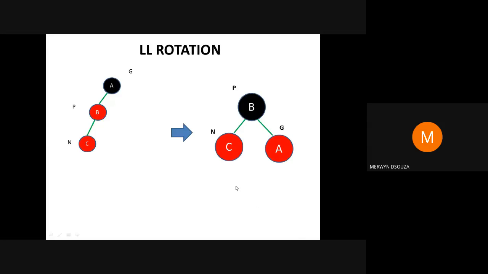Now, when you are constructing an AVL tree, sometimes the tree gets unbalanced. What I mean by unbalanced is you get a value which is not plus 1, 0 or minus 1. When you don't get any of these values while calculating the balance factor, then we call the tree unbalanced. When the tree gets unbalanced, you need to balance the height again. The balancing of the height is done with the help of rotations.